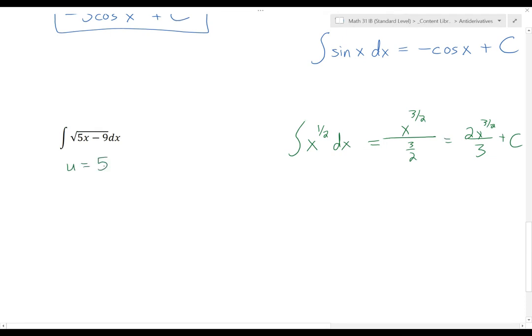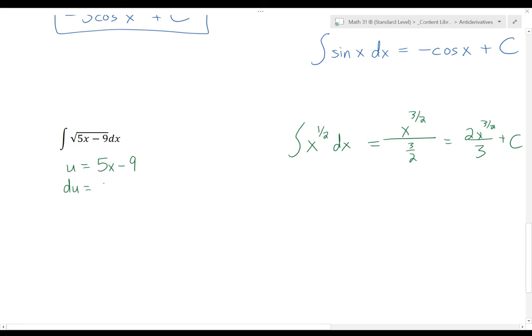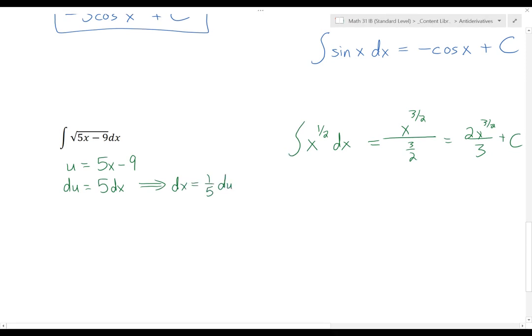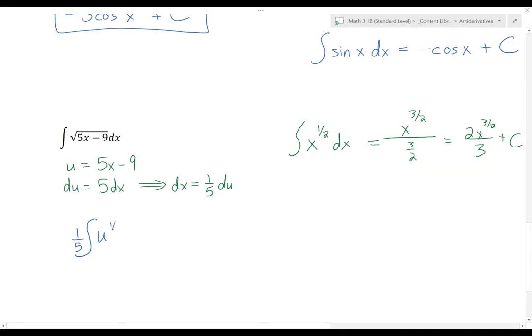But I have something more complicated than just x. So when I see that, I'm going to do a substitution. u equals 5x minus 9, because then I'll just have u to the power of 1/2. But that does also require changing the differential part, changing the dx. So this means du equals 5 dx, or what's more helpful here is that dx is 1/5 of du. So this integral is now equivalent to the antiderivative of 1/5. Now I'm going to put the 1/5 out front because it doesn't matter where I put the coefficient. So 1/5 u to the power of 1/2